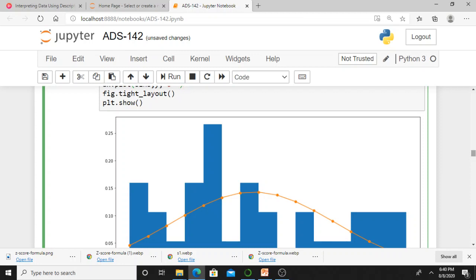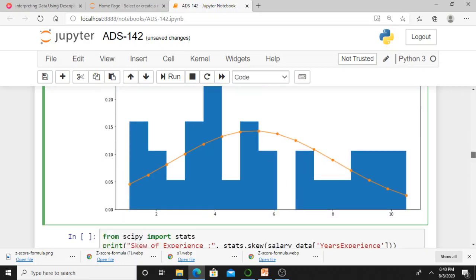The histogram represents our original data, and this curve represents a normal distribution with the same mean and standard deviation as our original data points. That's what I plotted, the normal distribution curve for the same mean and variance.